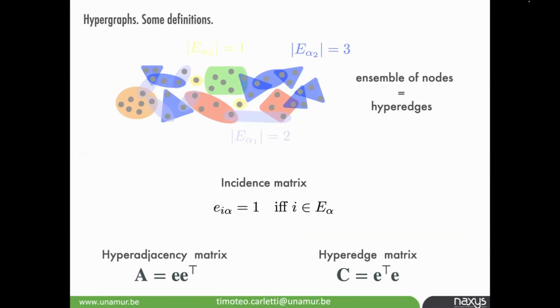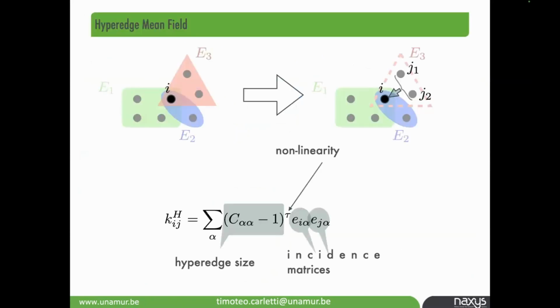Okay, and so you can build the adjacency matrix or the hyperedge matrix by using again the incidence matrix E that I denoted B in the previous slide. Here, this is a very simple example that I will need in the following: you can use a sort of mean field on each hyperedge. Because I say that the two nodes here can be exchanged, if I'm interested in the influence on node I can say they can be exchanged, and then what matters is the size of the hyperedge. So this is a very simple way of saying this.